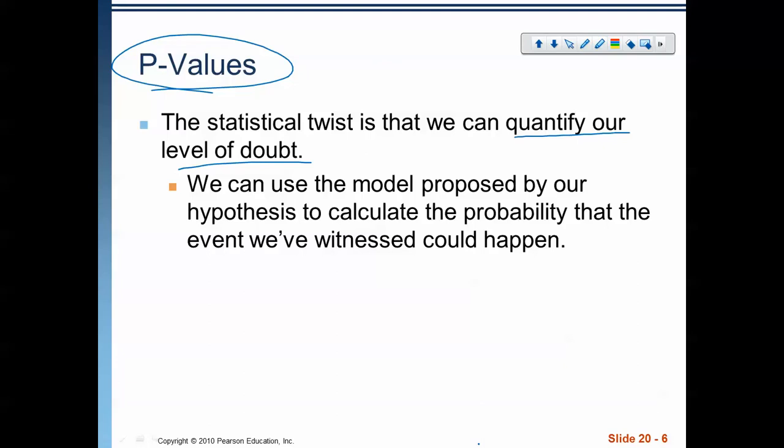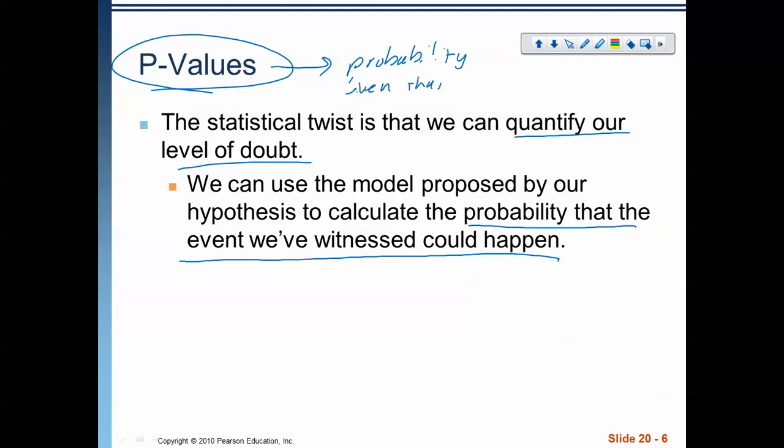We use the model proposed by the hypothesis to calculate the probability that the event we've witnessed could happen. So the p-value is a probability. It's given that this is true, given that our null hypothesis is true,